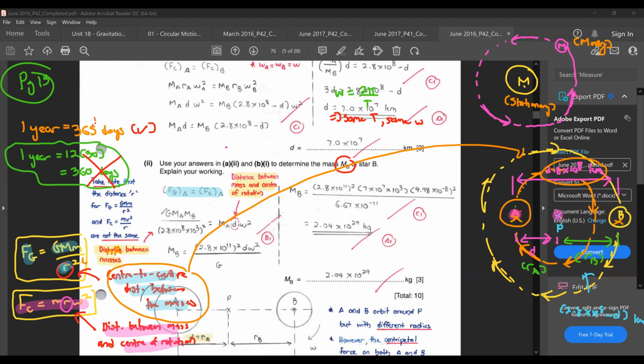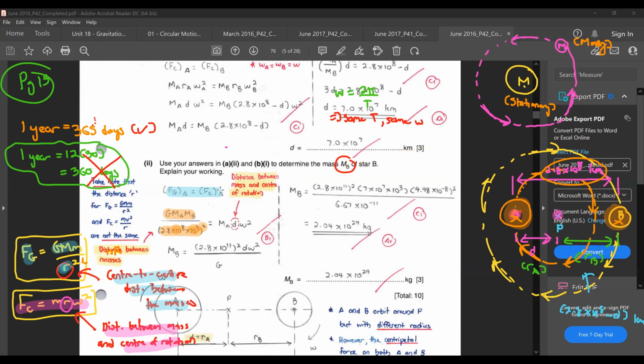So if I want to say FG equals GMM over r squared, it will be G times MA times MB divided by the distance between the masses squared. So for this one, I need to change my kilometer to meter: 2.8 times 10 power 8 times 10 power 3, remember to square it. And then after that,